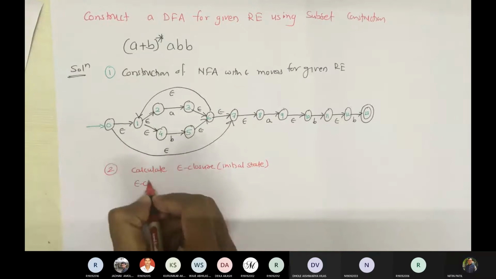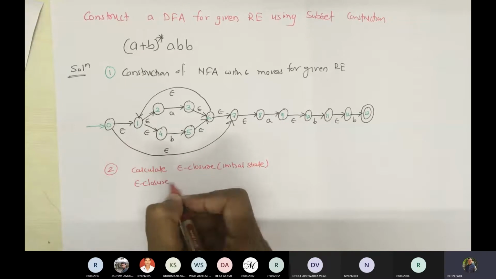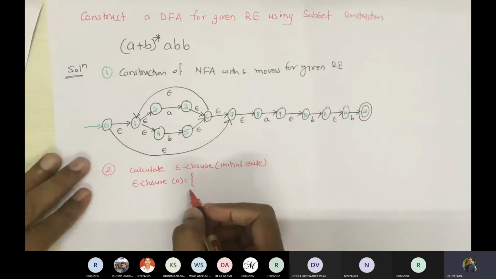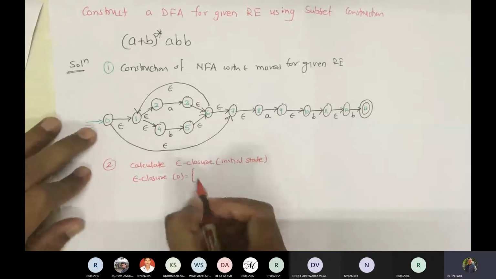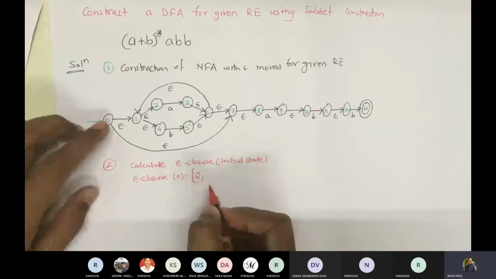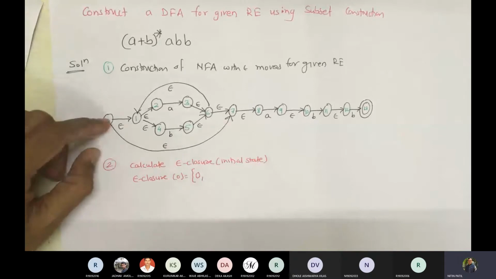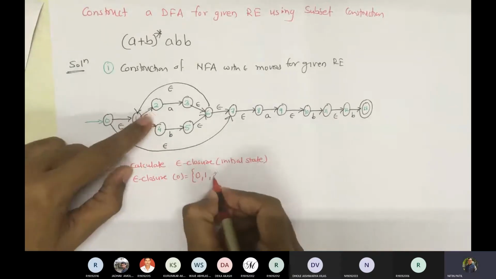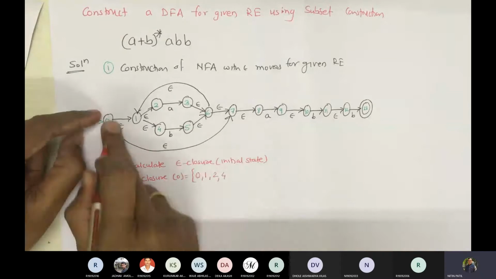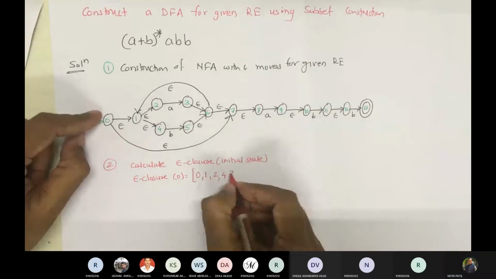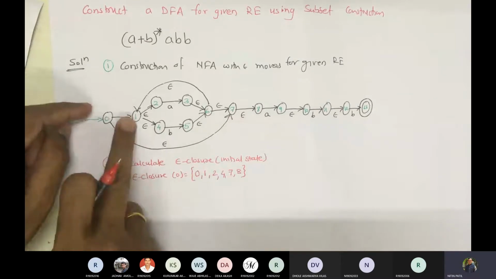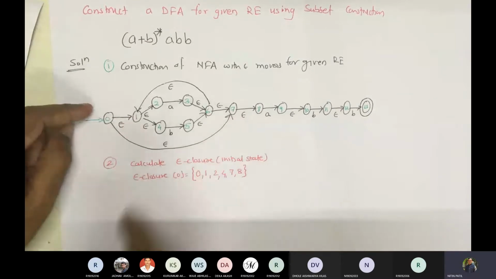So epsilon closure of 0. As we compute epsilon closure, we take the same state, then we see whether we have direct and indirect transitions. So we have 1, we have 2 indirect, we have 4, then we have 7, and then we have 8. Fine. So 0, 1, 2, 4, 7, and 8.